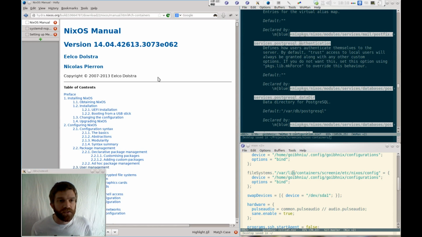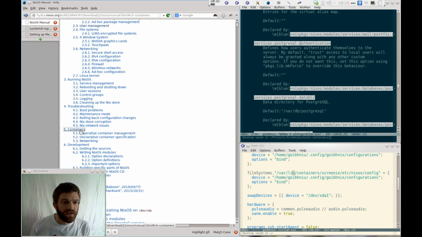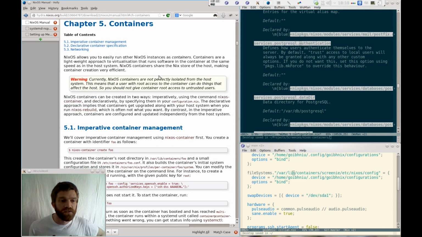This screencast is going to be a walkthrough of nixos-containers, a feature that was recently added and is included in the 14.04 release of NixOS. If you look at the manual, there's a description and it gives a good overview of what you can do. Actually, you probably don't need to know any more about containers than what's in the manual,